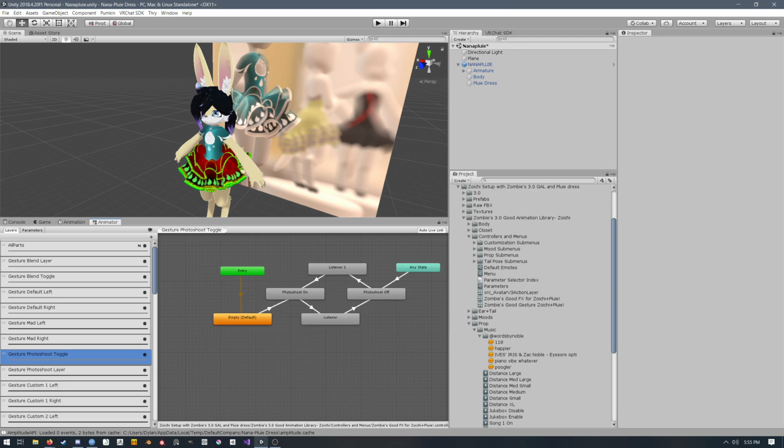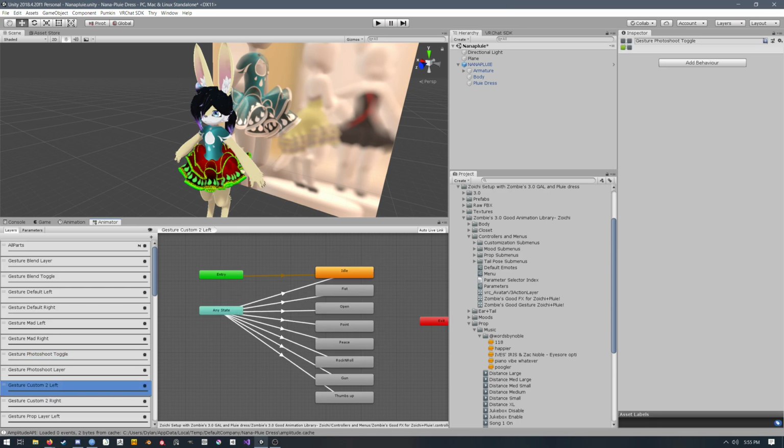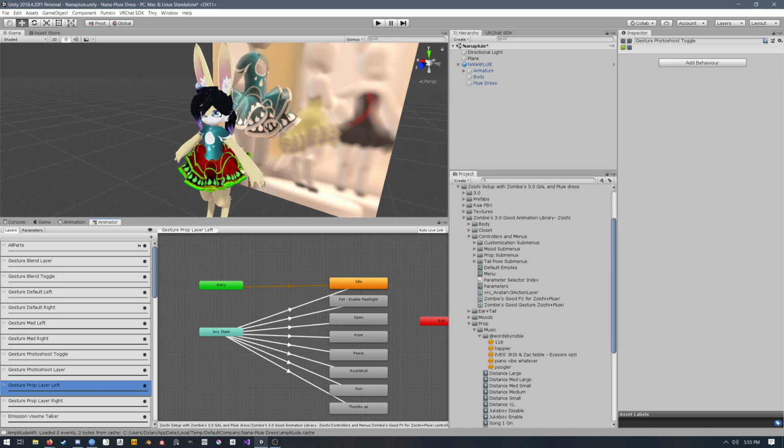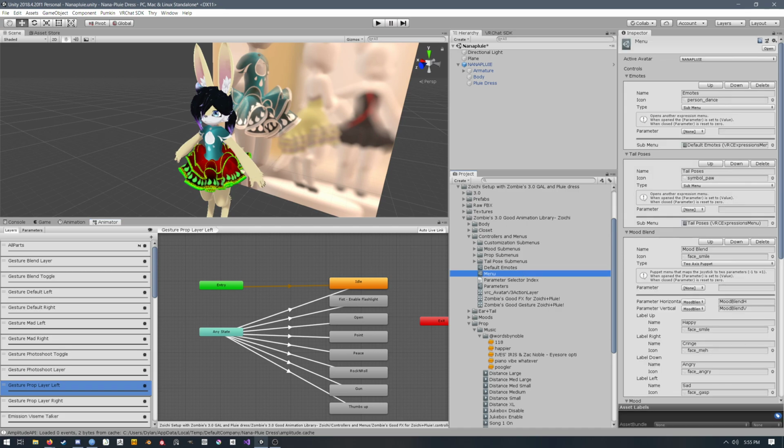That's the photo shoot stuff. You don't really need to delete that unless you're getting rid of the option. But we just got rid of all the gesture sets except custom. So get them out of here. No more. So now in my menu,